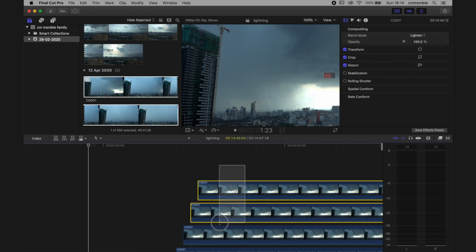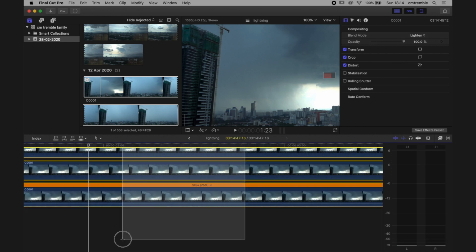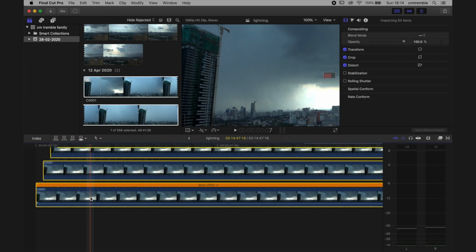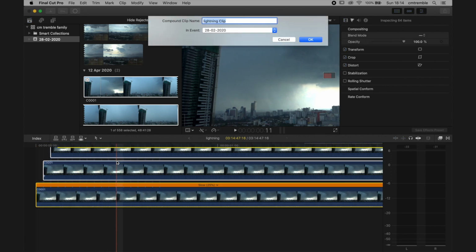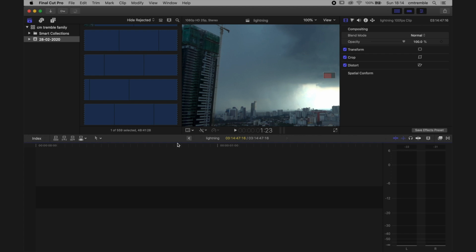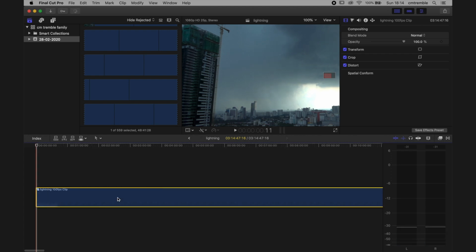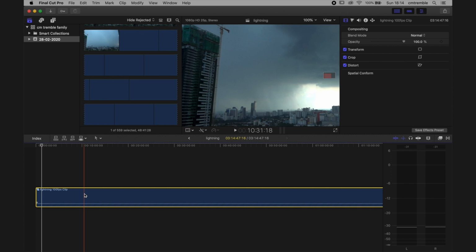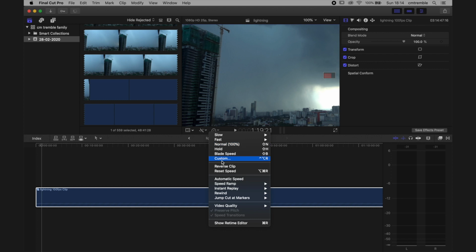And what we do is we just select all of these, and we create our compound clip. Frames per second clip. And it would all slow down. And then we have 100 frames a second compound clip, which we then adjust the speed of, custom,